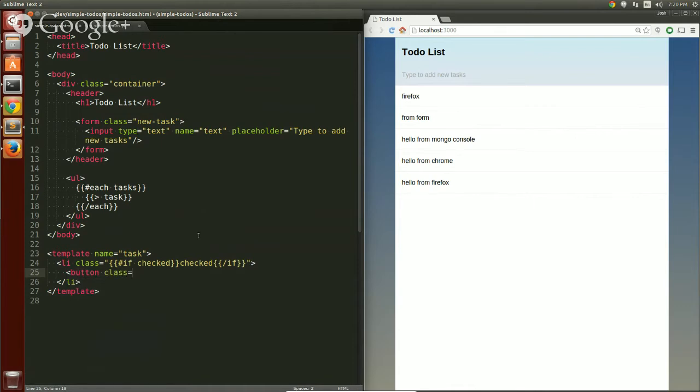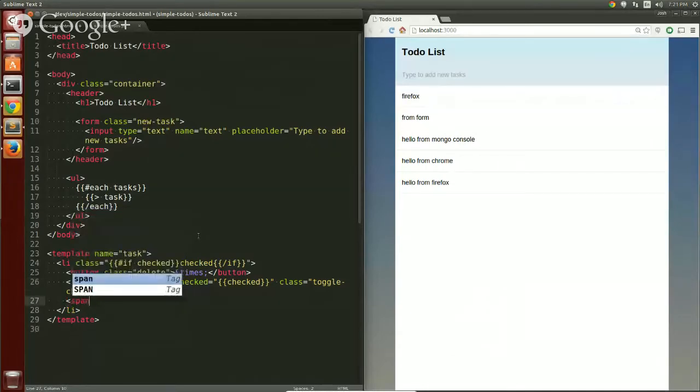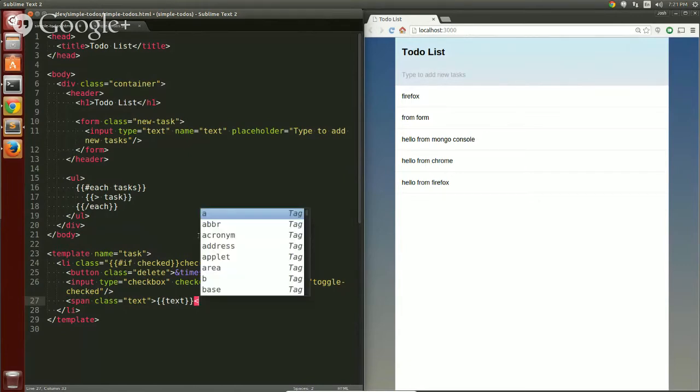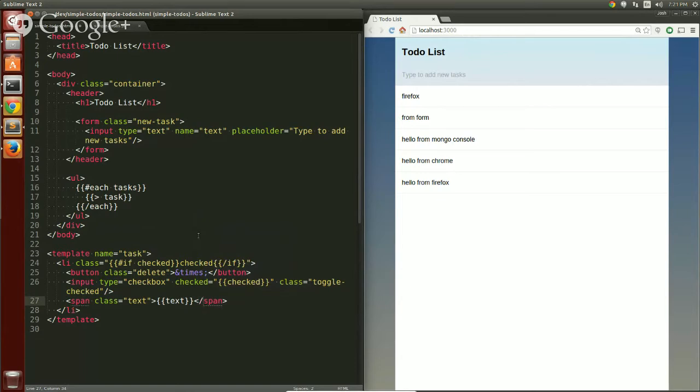Button for the delete. And that is just the little X thing times. And we need an input with a type of checkbox so that they can check it. Checked is bound to the checked property on the task. The class is toggle checked. And then finally, a span class equal text. That is bound to the actual title of the to-do. Now, if I typed all that correct,